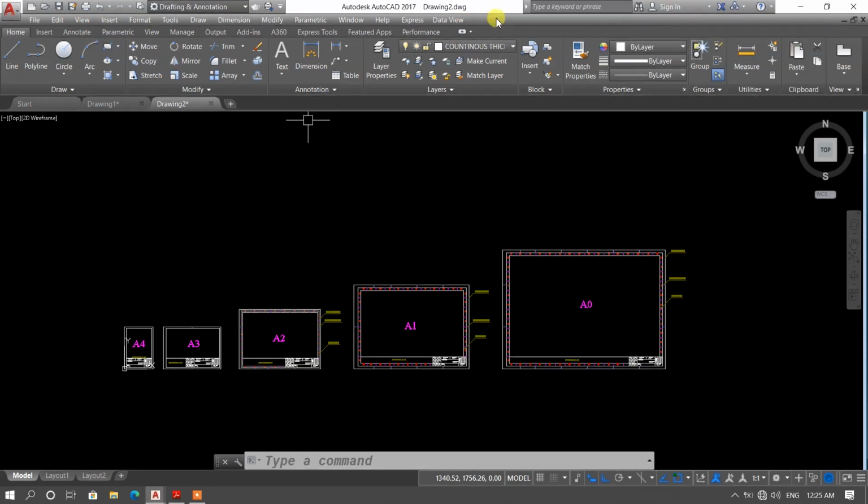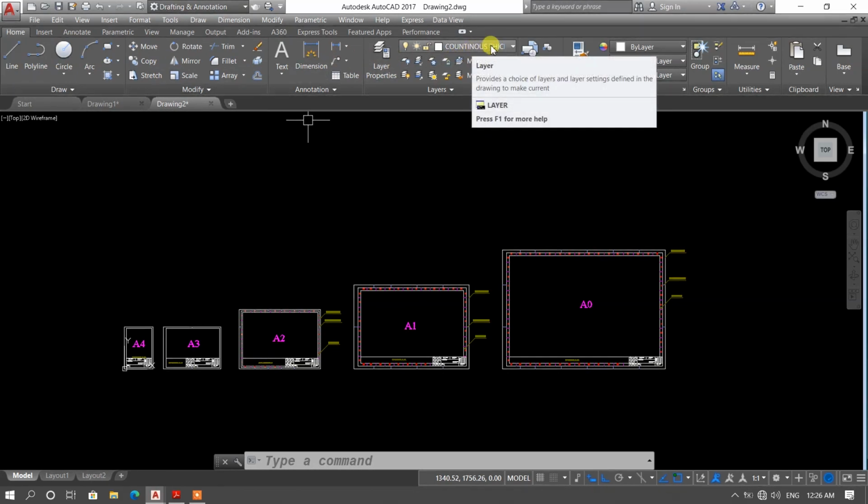With the help of menu bar, you can see the draw tools, modify tools and dimension tools. And also from the ribbon, you can select the draw tools, modify tools as well as the dimension tools. Also, you can change the layers of drawing.